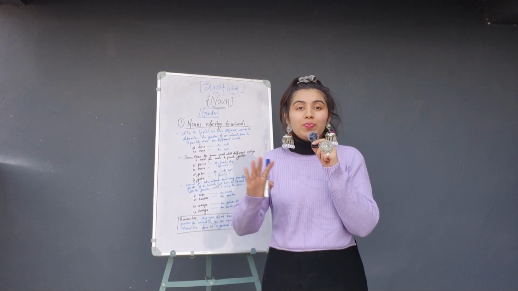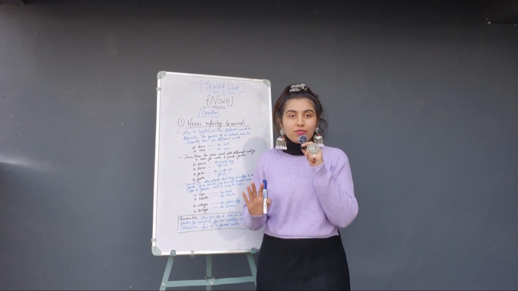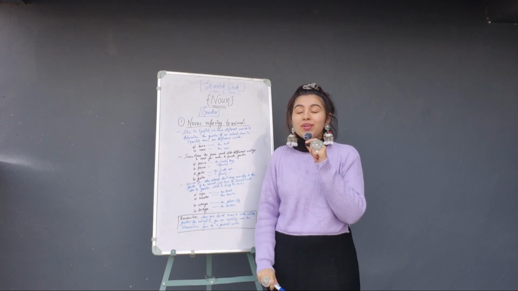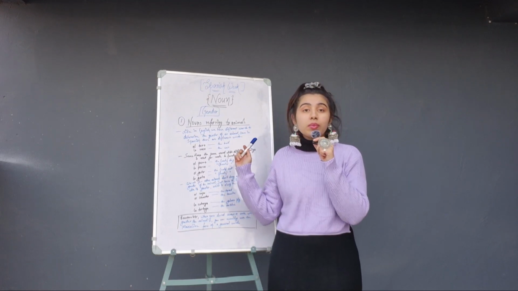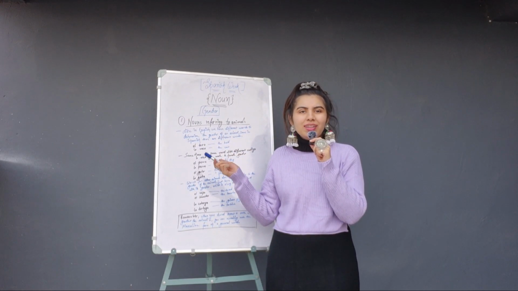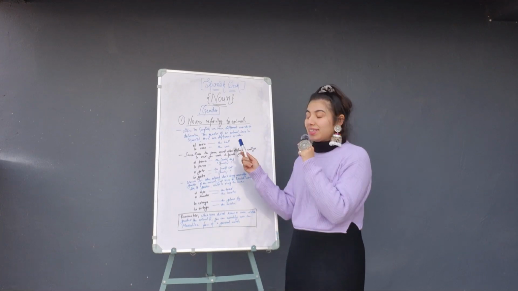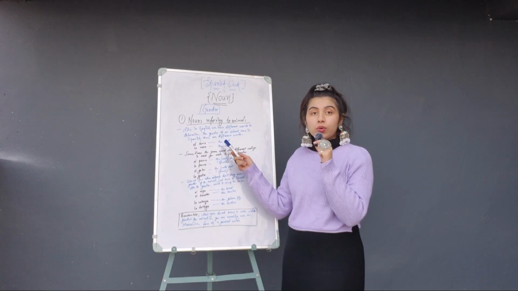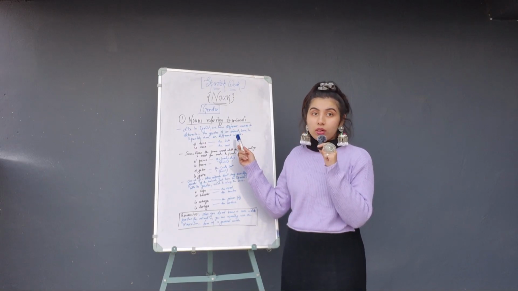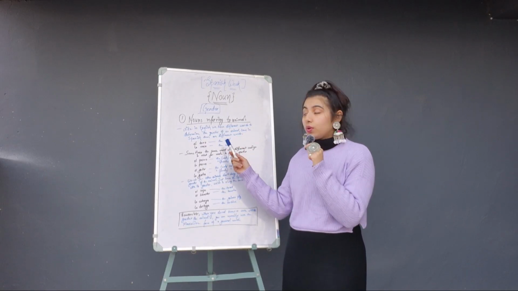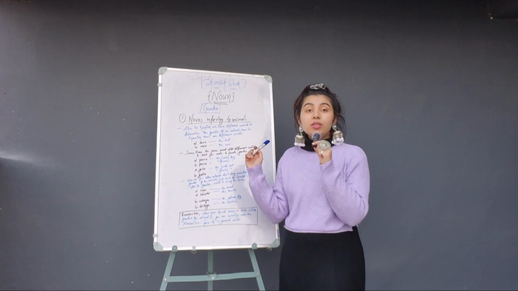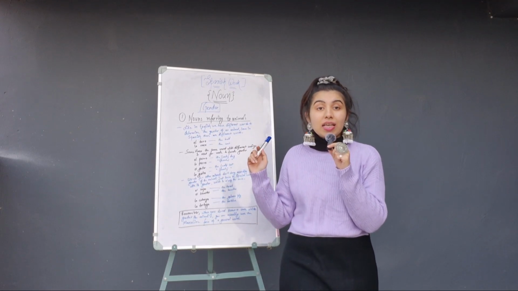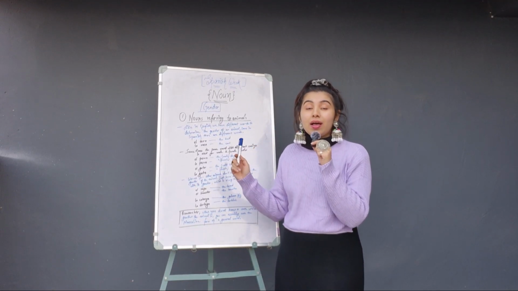Okay, so there are different words for every gender. So how do we say cow or bull in Spanish? Let's find it out. El toro. El toro is the bull. How do we say the cow? Cow is la vaca.